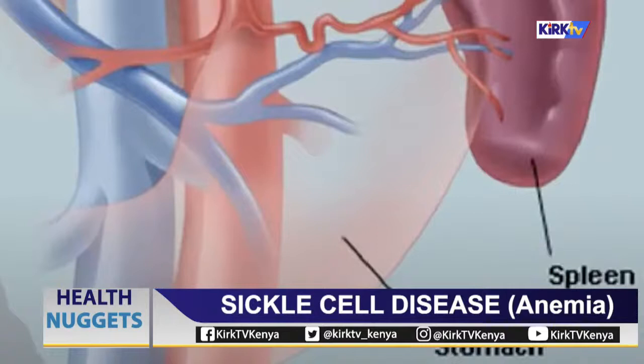The other thing which happens with sickle cell, because of this shape, is that it also affects a very important organ called the spleen. The spleen is really important in developing the immune system. So children with sickle cell lack immunity besides having low blood counts, and therefore they get repeated infections. And all this, because it is a lifelong disease, happens throughout life, and therefore later in life the complications accumulate and eventually they affect different organs. Starting from the head, stroke, it affects the eyes, which affects the vision, it affects the kidneys, it affects the heart, it affects the bones, and therefore it's a disease which affects all the body